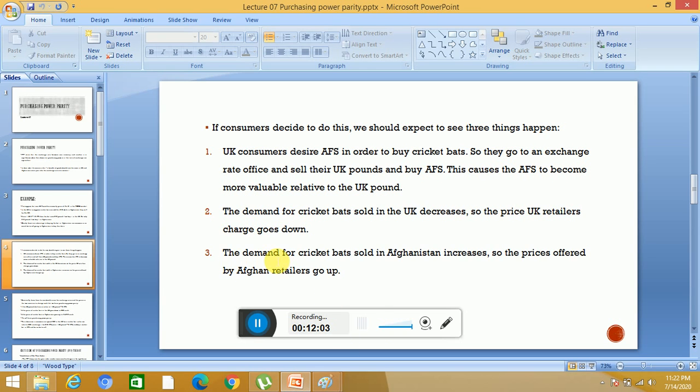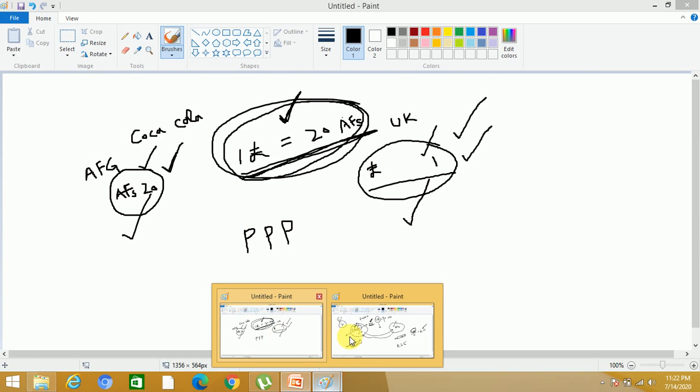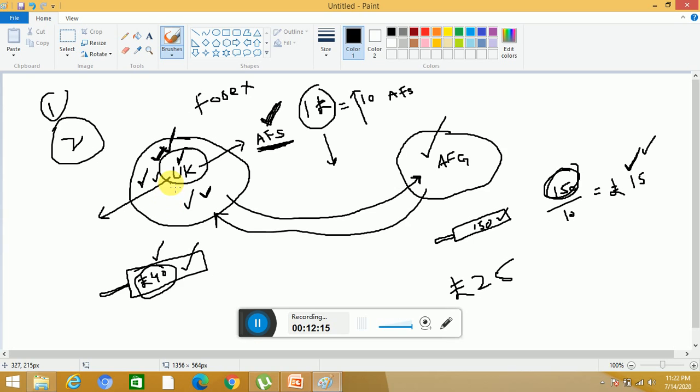The third thing that will happen, the demand for cricket bats sold in Afghanistan increases. So the prices offered by Afghan retailers go up. Now here in the UK, its demand is decreasing, so its price will go down. And here in Afghanistan,